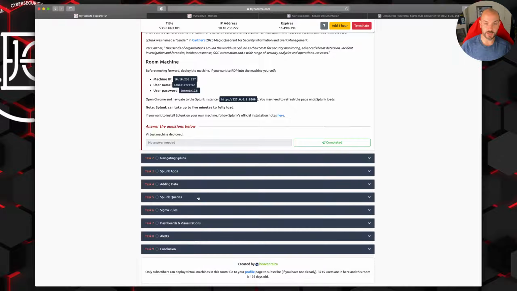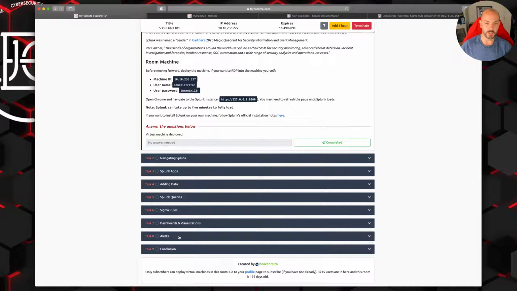And then Splunk queries is what you do to identify different things out of those logs that are coming in, looking for different events and searching for specific types of information. Splunk has its own querying language that we use to do that. Then we're going to talk about Sigma rules, dashboards, and visualizations, which is another big thing. If you sit in a SOC, you're probably going to be dealing with a whole bunch of different